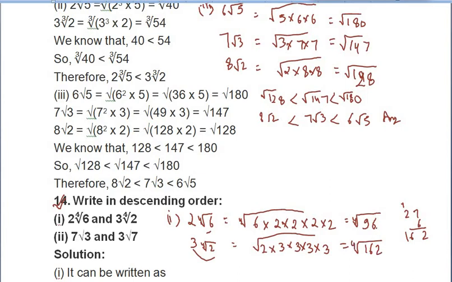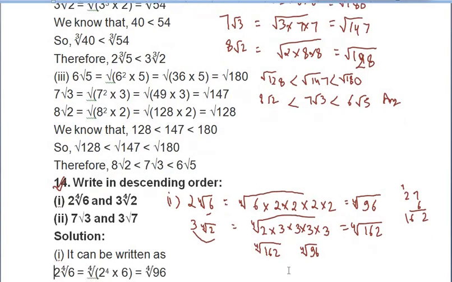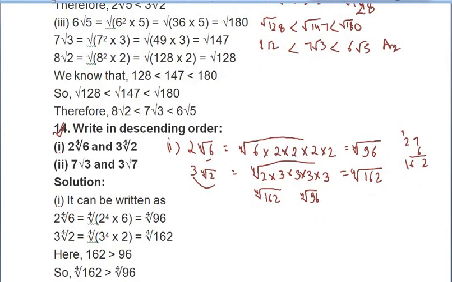Now you see among these, this is greater and this is smaller, so descending order will be 162 and then 96, and here we have to mention fourth root, that is compulsory. And then we will write the answer in the original numbers form. So see what the answer is. This fourth root 162 is the value of 3 4th root 2, and this is the value of this one.